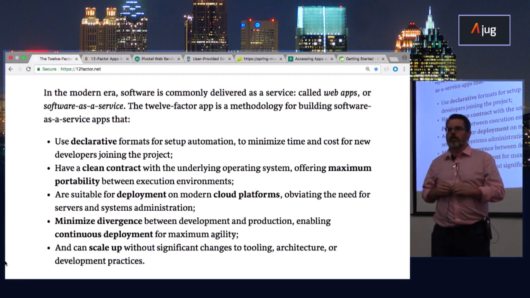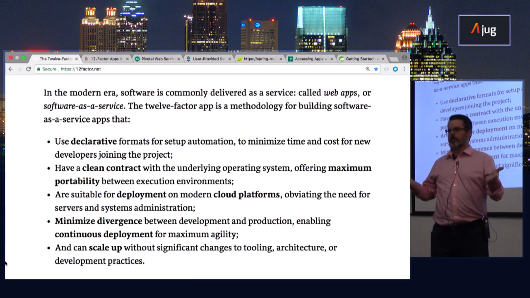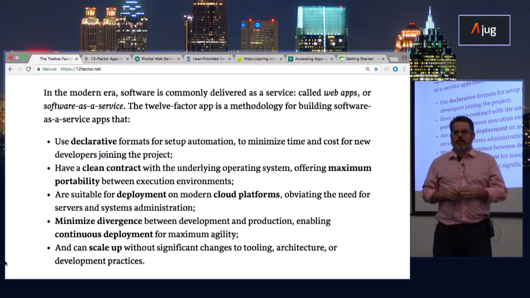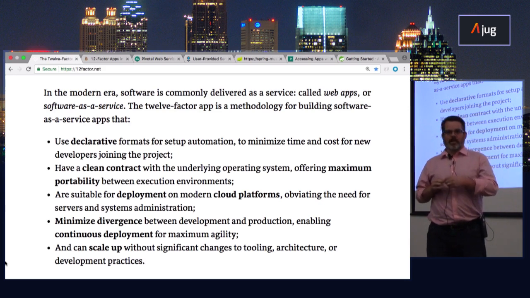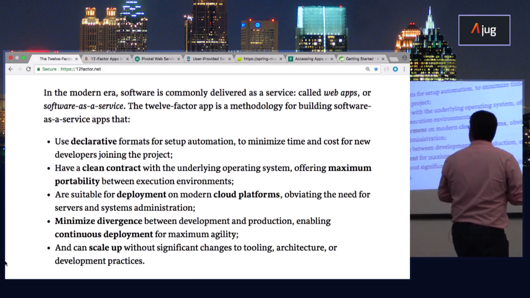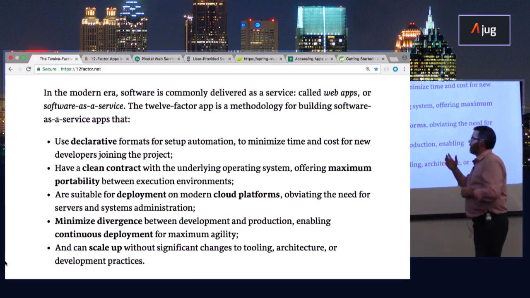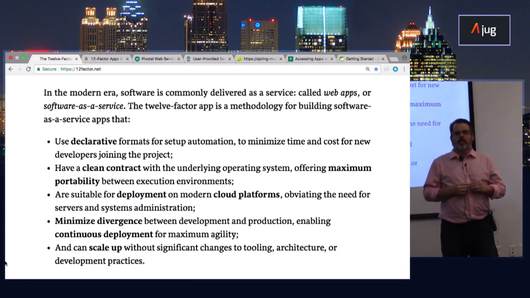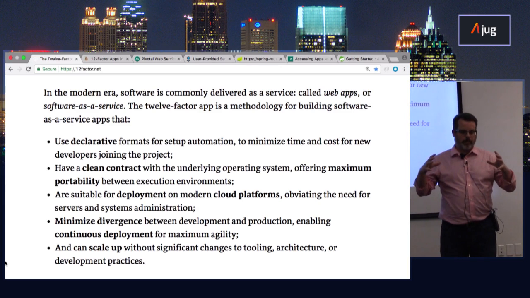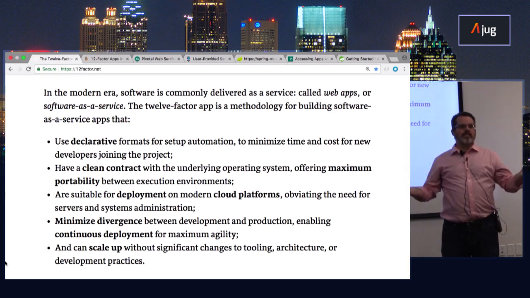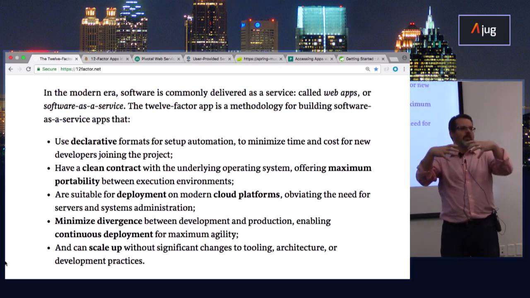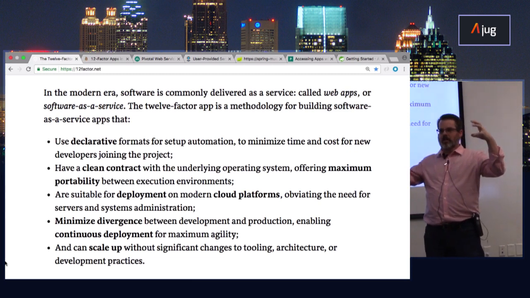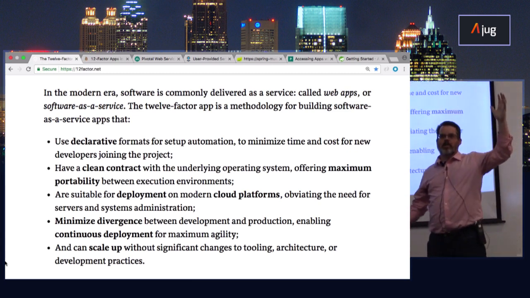All right, 12-factor apps. Does anybody know why we have 12 factors with apps? I guess it's a good thing you came here tonight then. Has anybody ever written an application where it was a lot of stuff and you jammed it all together, and the more you worked on it, the bigger it got and the more fun you had trying to deploy it?